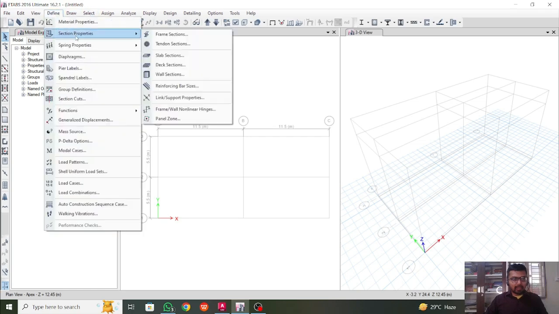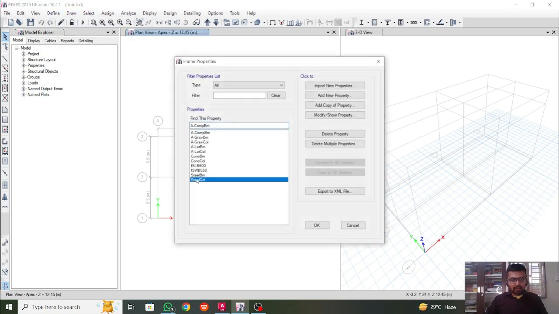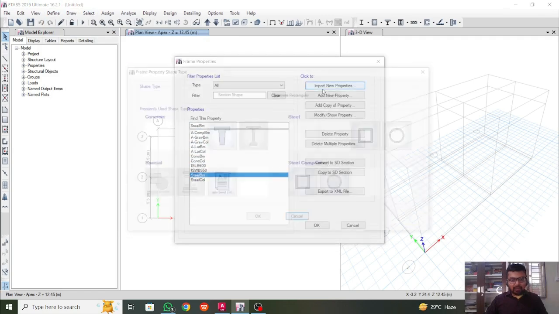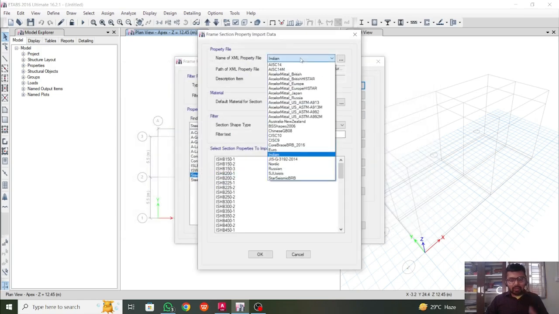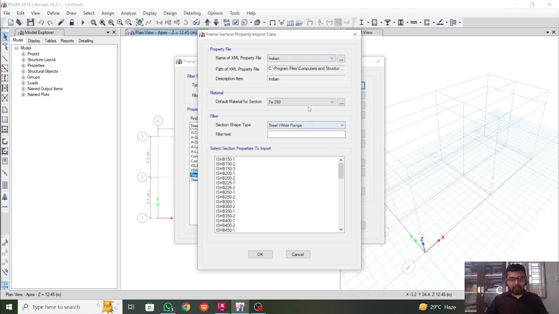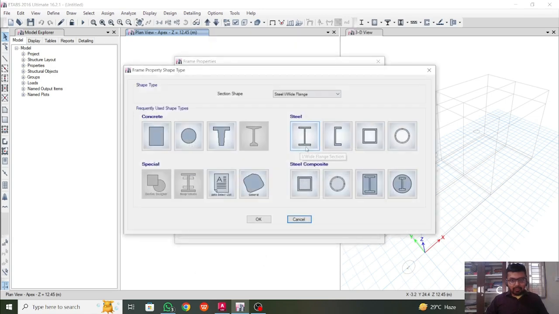Then we go to define and section properties, frame sections, where you can see there are ISWB sections available by default, but there are no ISMB sections. So we'll just import some ISMB sections here. Go to the Indian code, you can select your country code. We're designing all by the Indian codes here. FE250, just a grade here. And then in steel wide flange you will find the Indian sections here, ISMB sections. So I'm just going to take ISMB 450, okay, and also